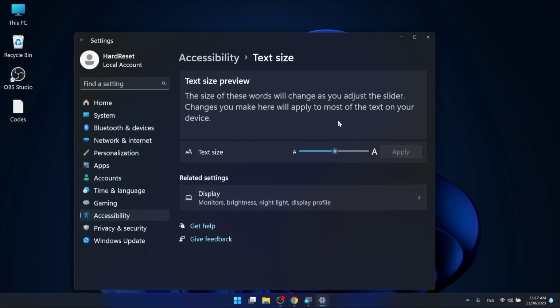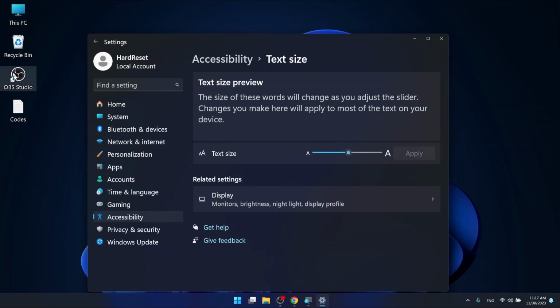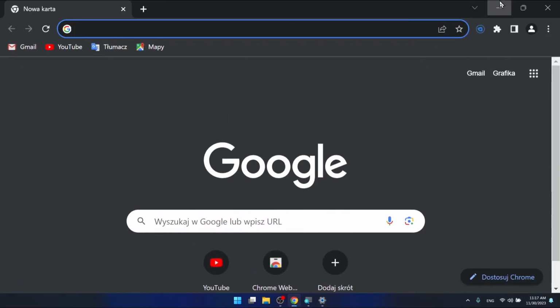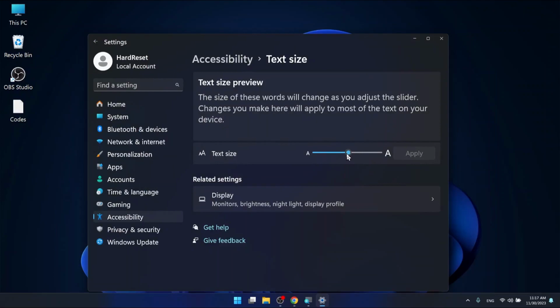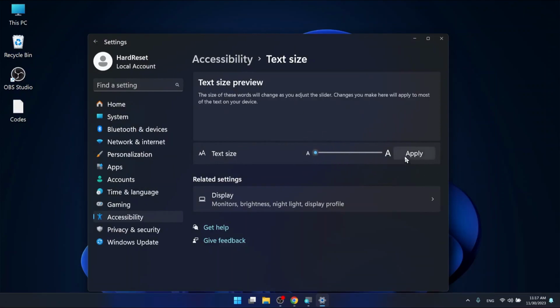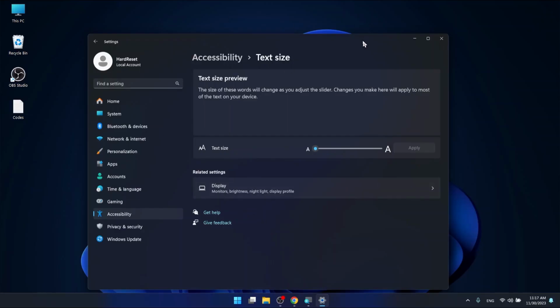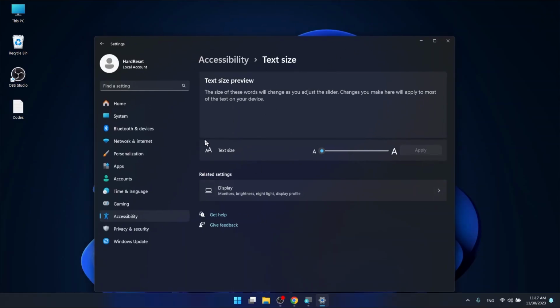You will see this flash of a blue screen, and every text in your system, not only in system applications but on your icons, on the desktop, and even in the web browser, everything will be bigger. And you can just return to default by clicking 100% and applying, another blue screen, and you have